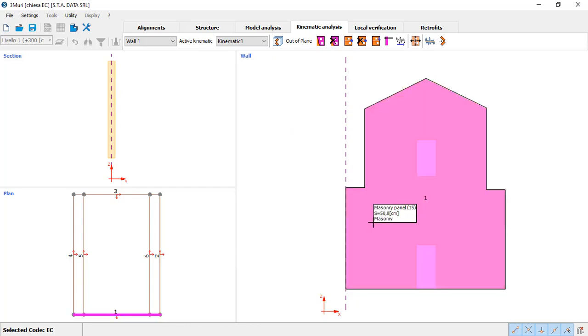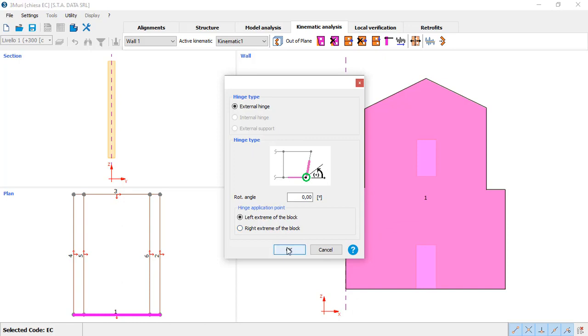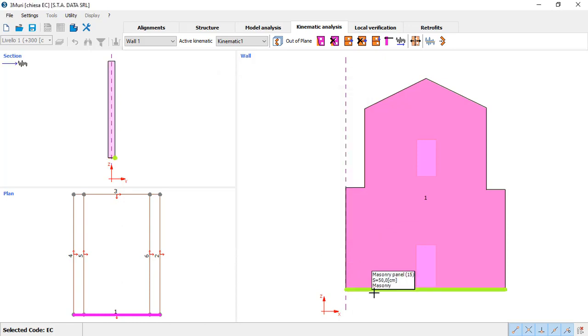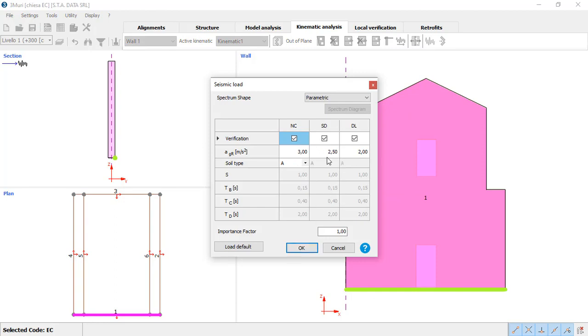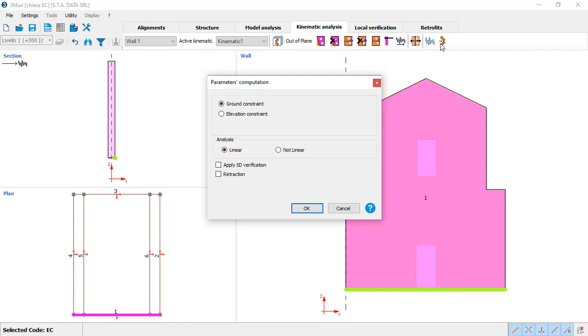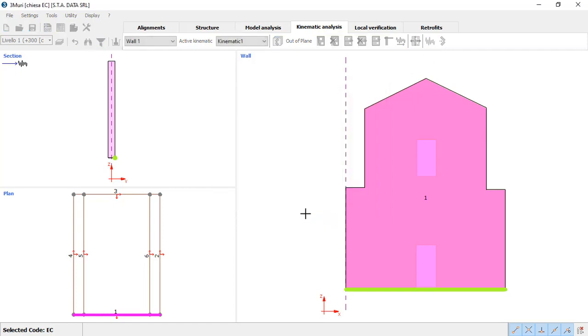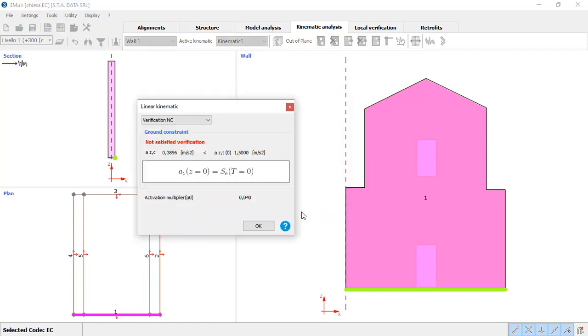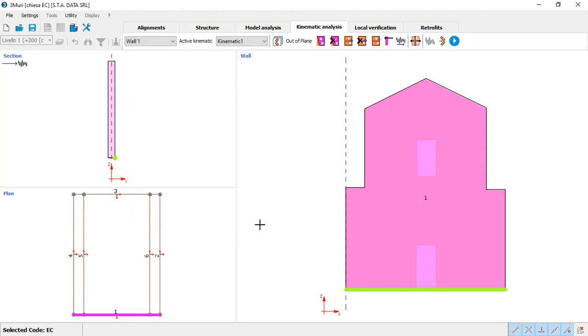So as we see here, we just insert the block of the whole facade. We just leave the seismic parameters as they are by default, and we just perform the kinematic analysis. As we see here, it is not a satisfied verification according to the Eurocode. And if we just click on this icon over here, we're going to be able to see the deformed shape